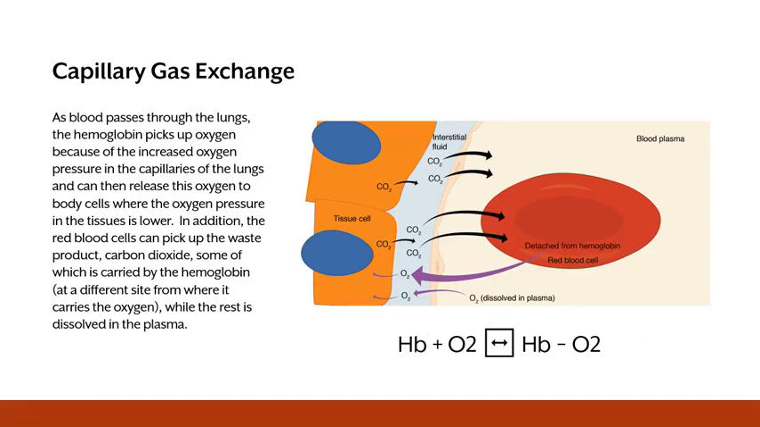Capillary gas exchange. As blood passes through the lungs, the hemoglobin picks up oxygen because of the increased oxygen pressure in the capillaries of the lungs, and can then release this oxygen to body cells where the oxygen pressure in the tissues is lower. In addition, the red blood cells can pick up the waste product, carbon dioxide, some of which is carried by the hemoglobin at a different site from where it carries the oxygen, while the rest is